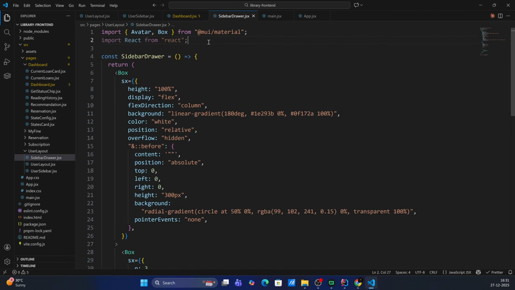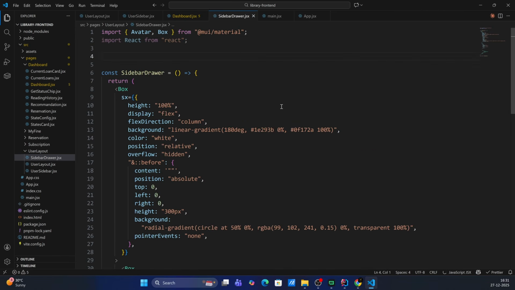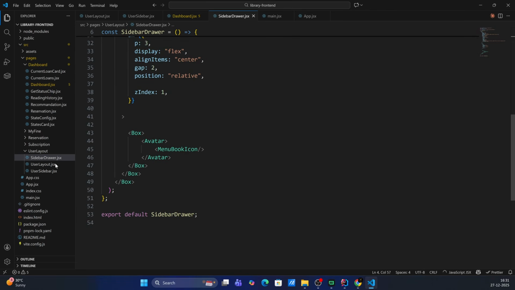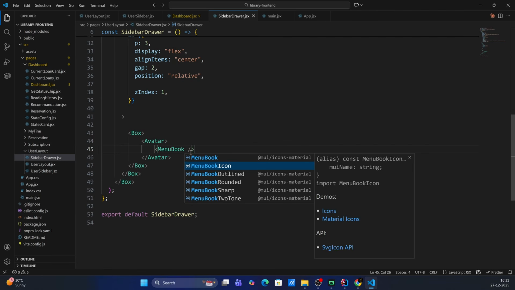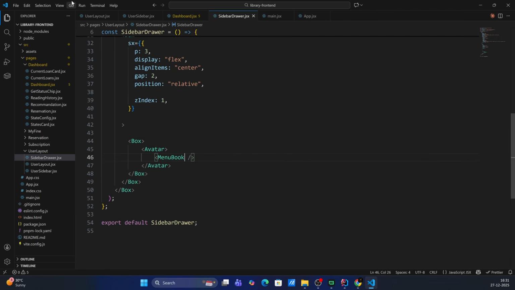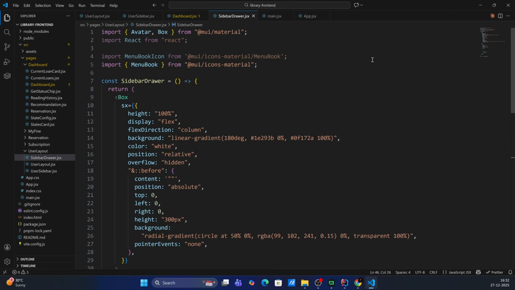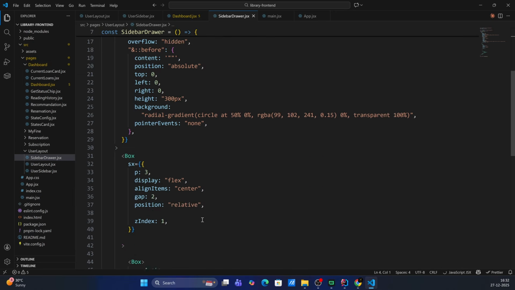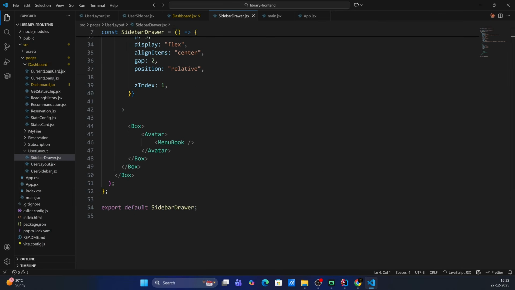Let's import from material icon. Okay, menu book. Directly also we can import. Let's check. Yeah, we can import directly as well. Menu book like this from material UI. Let's remove. And now